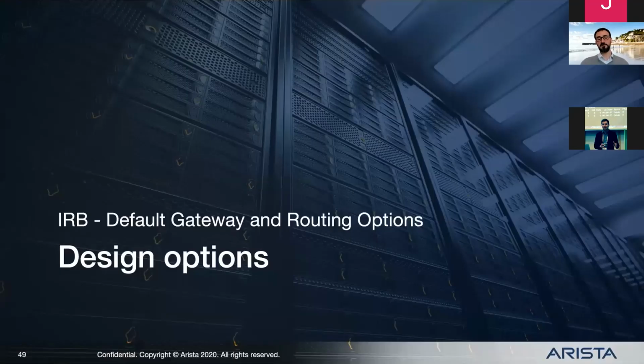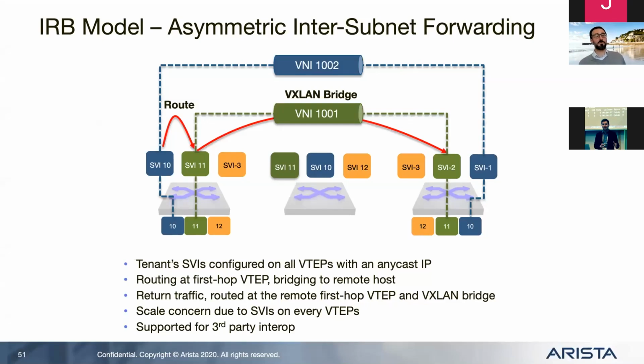We're now going to see some design options, and one of them, when you consider the segmentation, is to provide a solution per tenant. The routing model we've discussed in the demonstration illustrated that the host was reaching its default gateway to route to a remote destination, which was all layer 3. But what if there is some layer 2? What if we do have some VXLAN bridging, illustrated here, for example,